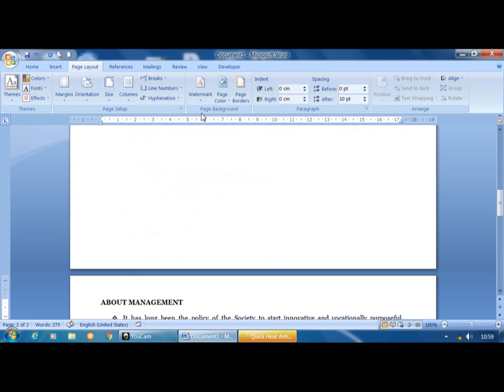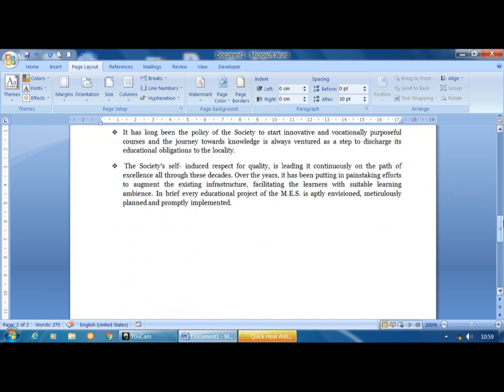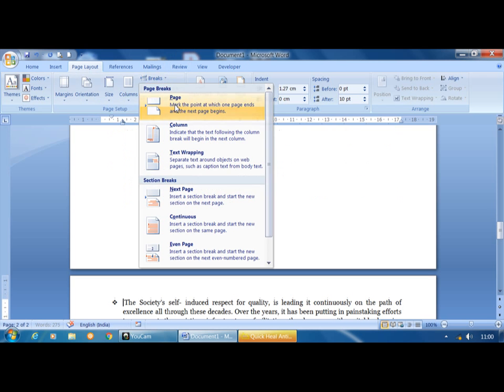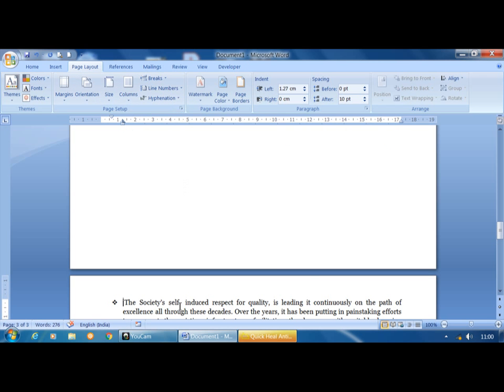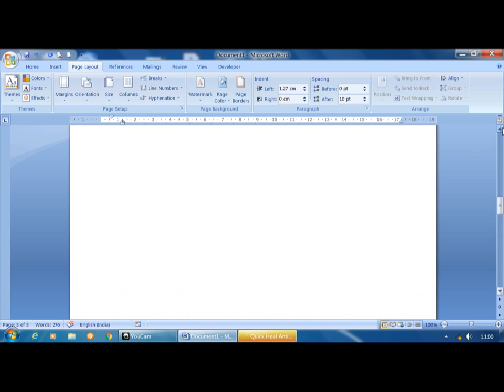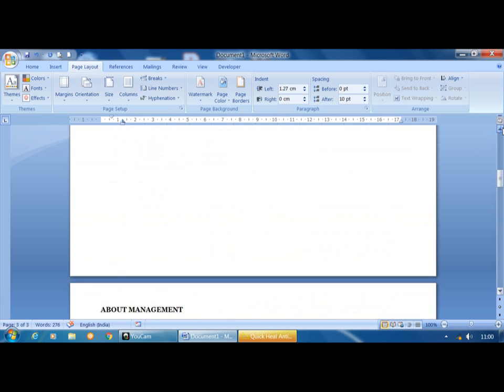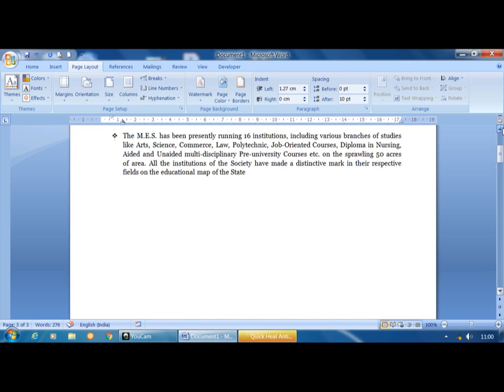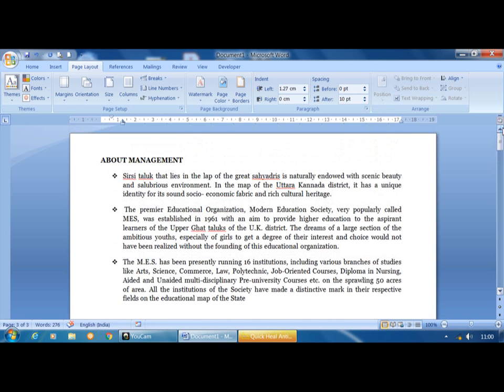Automatically the text is forcibly moved to the next page. Then if I want to move this information to the next page, again place the cursor at the beginning of the paragraph, and instead of pressing enter, click on page break. It moves to the next page. Say this is the third page, this is the second page, and this one is the first page.